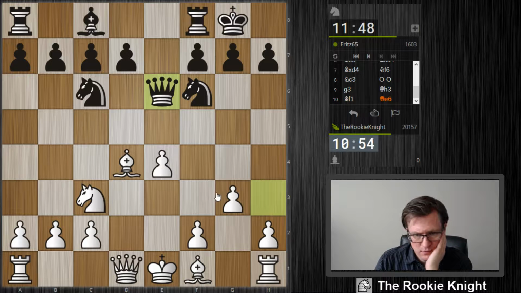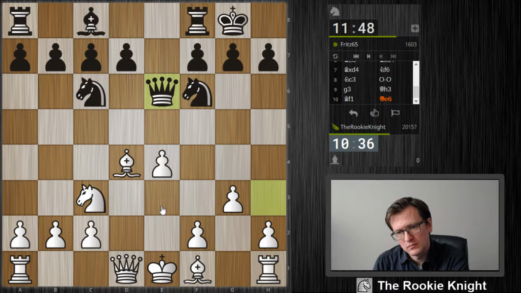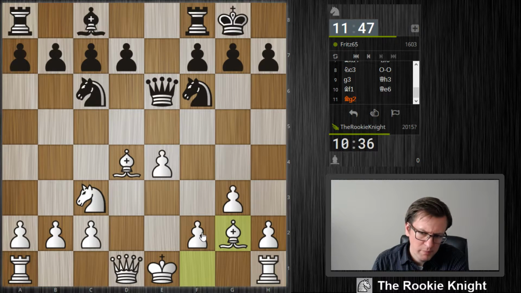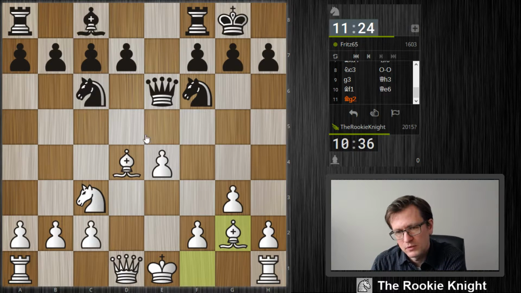I can also think about, okay. Yeah, the problem is that my king did not castle yet, so this is true. Maybe I just castle short now. So rook e8, d6 maybe. I'm not sure about the d5 move here, but I think I would just take here and take back the pawn. So I think d6